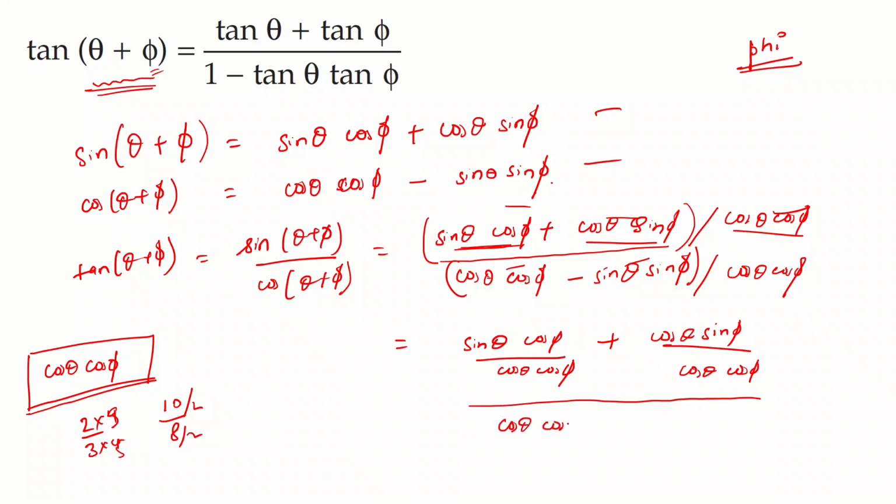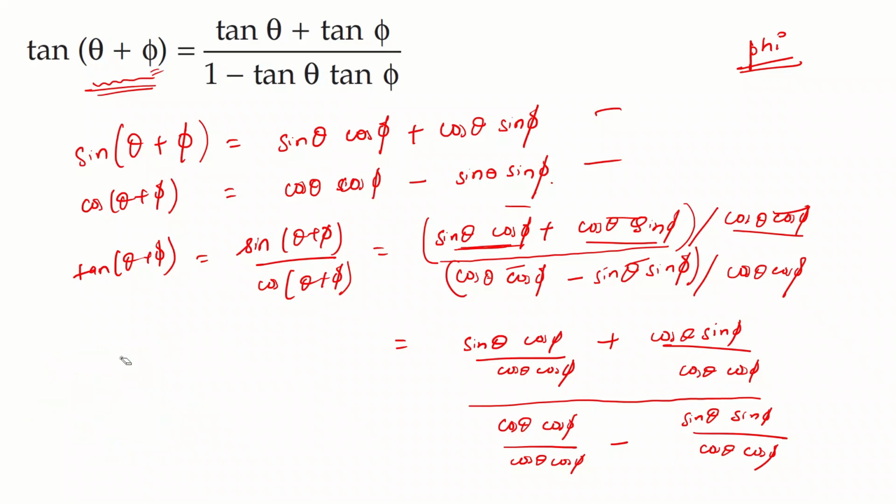Cos theta cos phi by cos theta cos phi minus sin theta sin phi by cos theta cos phi. Alright, so I'll just quickly erase this part and see what we finally get on simplification. So now cos phi and cos phi here get cancelled out. Sin theta by cos theta gives us tan theta, plus cos theta gets cancelled out, and sin phi by cos